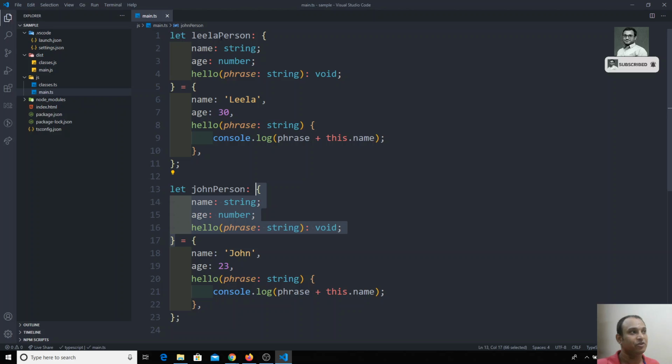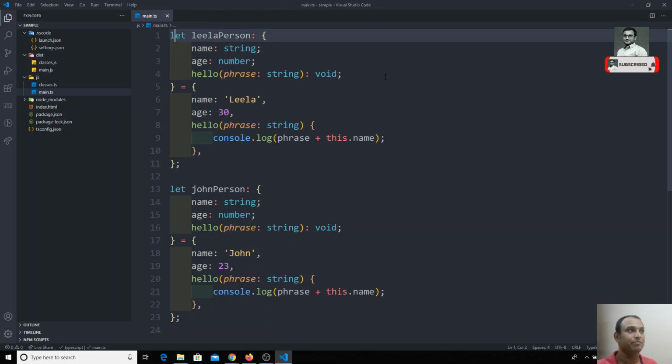So all the time when you are typing this, for all the objects, you need to implement this with flower brackets all the time. If you want to implement this one, it will be a tedious job. So for this reason, what we can do is create this structure someplace, so that whenever we need to use that structure, we can directly represent the name of that structure, so that everyone will be implementing that structure. So how to implement that?